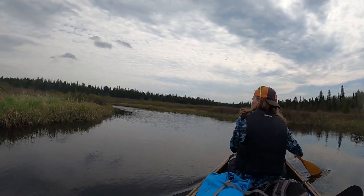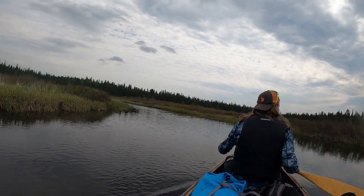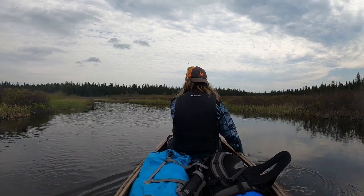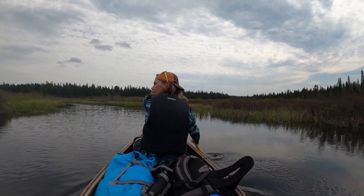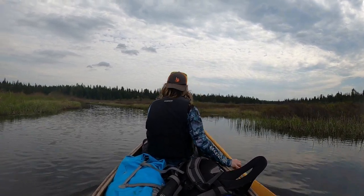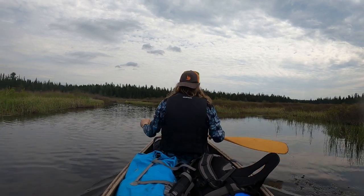Pretty nice. With this breeze, the bugs are keeping down too. They seem to be swarming around a little bit, but they're not really biting. I can't say I have any bug bites. They're definitely around. But both groups said that Maple Creek, the alders are